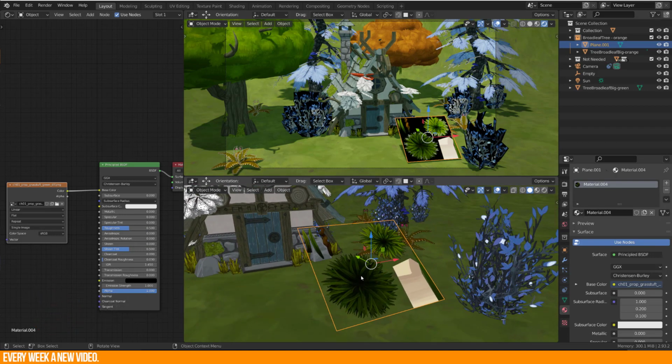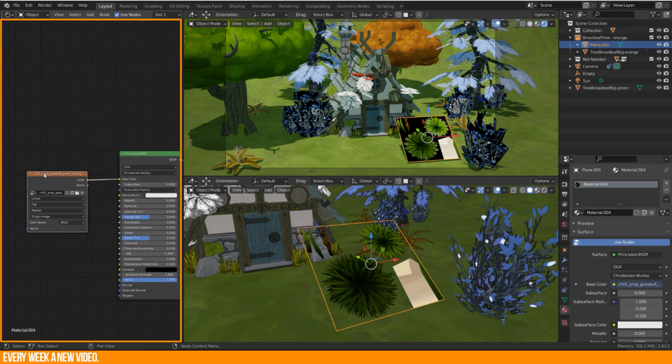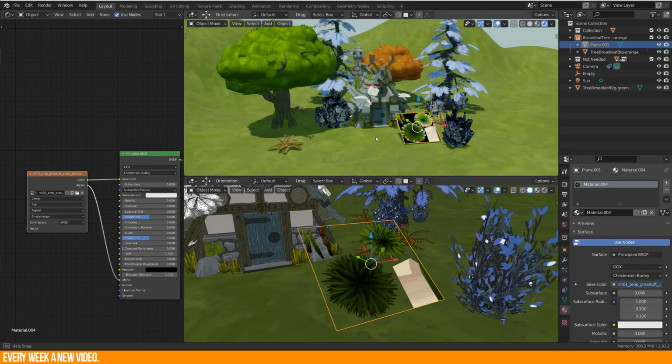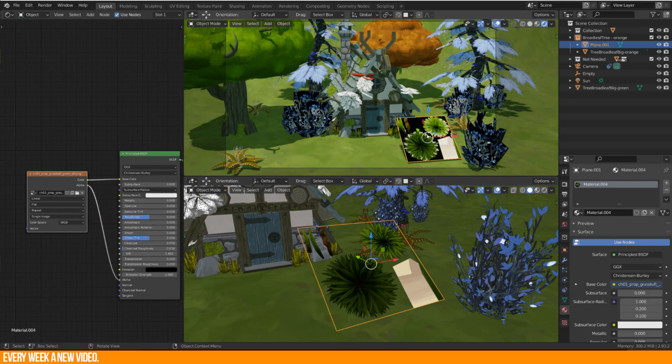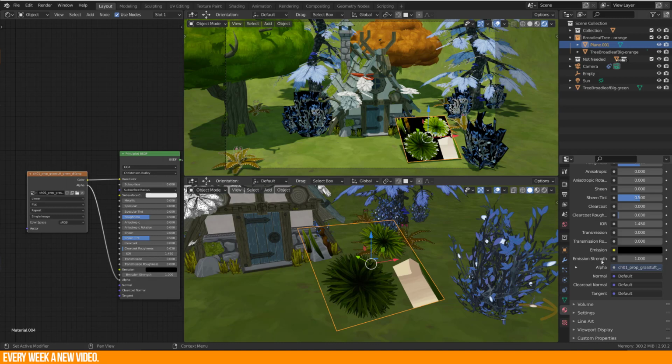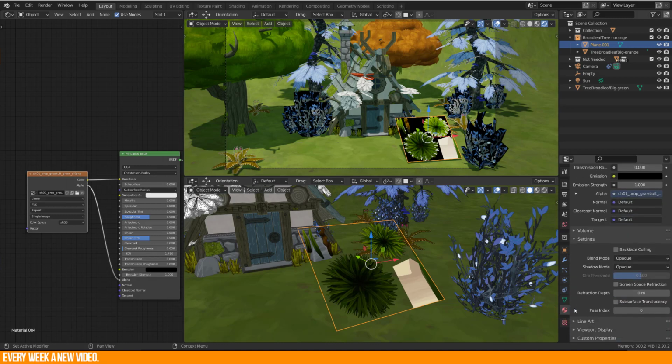The image texture loaded to the shader editor has alpha information, but we need to tell the shader that there is alpha information. So take the alpha output of the image texture node and pull it to the alpha input of the shader node. So far this hasn't made any great effect, but there is a second step that you have to do. I scroll down in the material properties till I find settings and unfold this section.